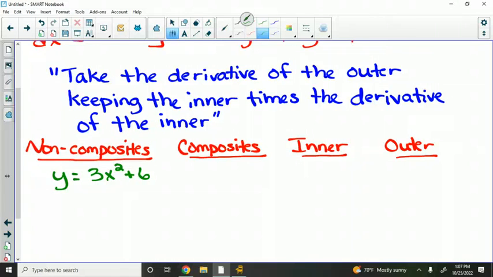But if I take it and change one little thing, so if I change it one little way and make it to the 7th power, now all of a sudden it's a composite. There's multiple pieces going on to this function. And so what we're going to have to do in order to figure out the calculus